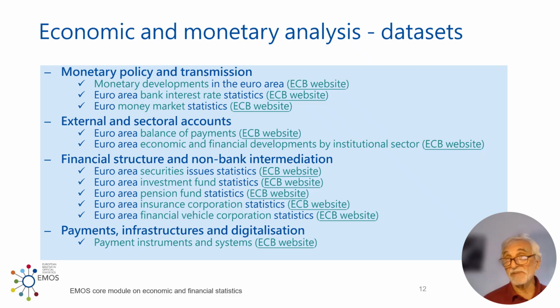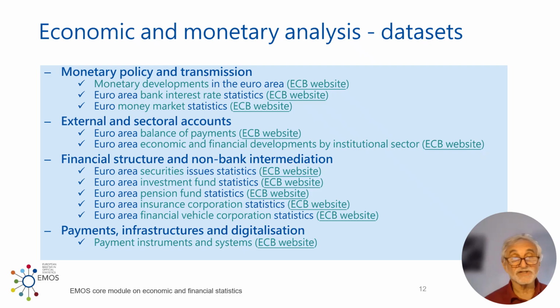You need information on the pension fund industry, because a lot of our wealth is parked in pension funds. So pension funds have a lot of assets, a lot of money available, which they again can lend out into the economy by either buying securities or even giving loans. You need information on the insurance corporations, because they are big players in the economy. They are collecting a lot of money from their customers, which they again invest in the economy, both domestically or abroad.